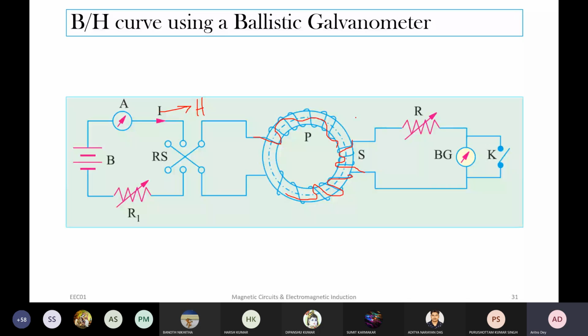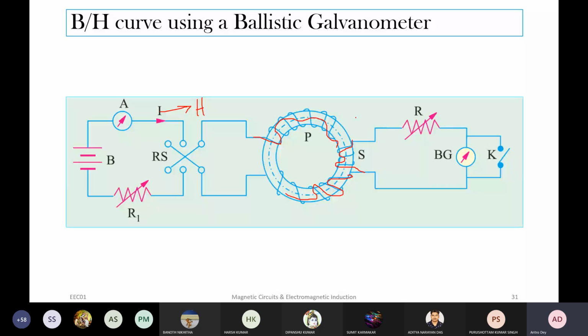Let us quickly go through this. A ballistic galvanometer is a moving coil suspended between the poles of a permanent magnet. Whenever a current flows through it, there will be deflection. However, the coil is wound over a non-metallic former to produce less damping, and there is very little damping when the coil is connected with a rheostat as shown. Damping less means immediately there will be deflection.